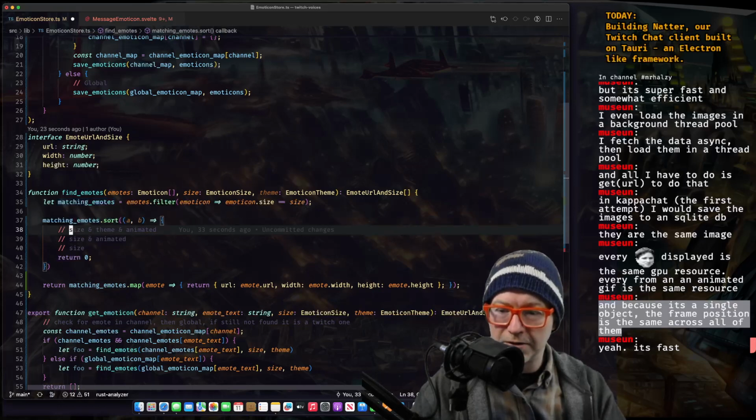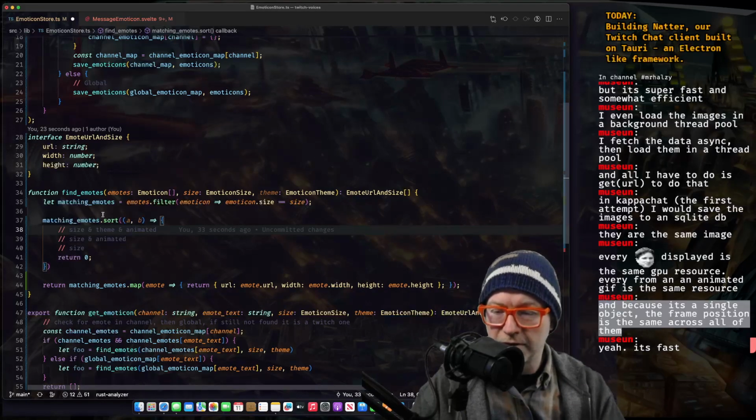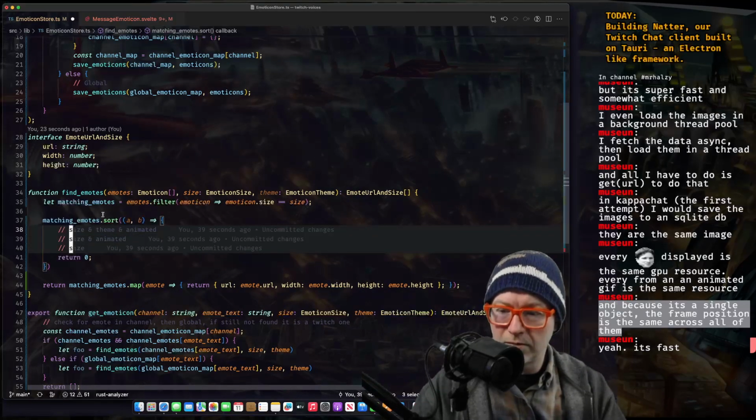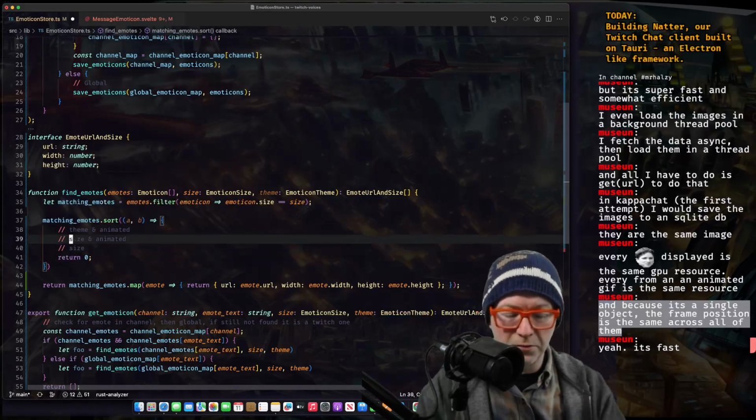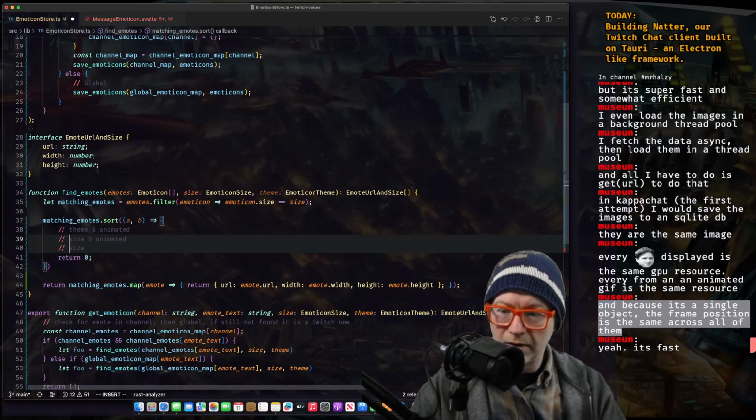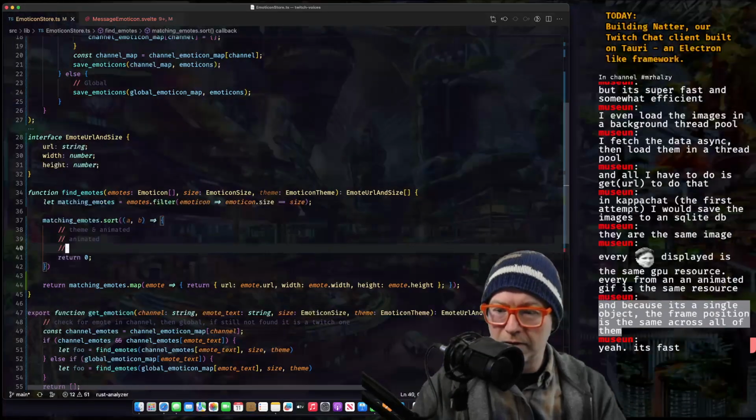So everything has the right size. We can get rid of that, right? Because we just filtered out everything else. Still not used to this multi-vim thing. Okay. That didn't even work. Wow. Oh, it had both of them.